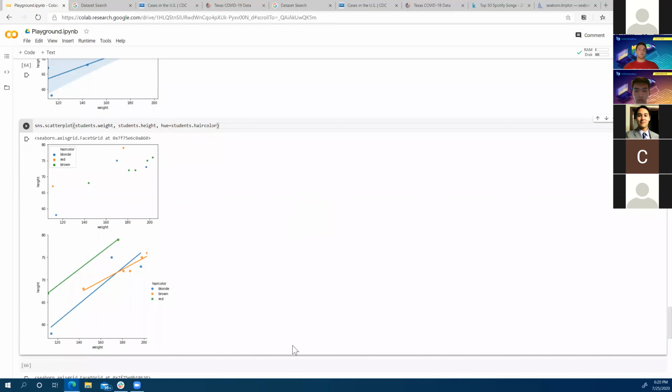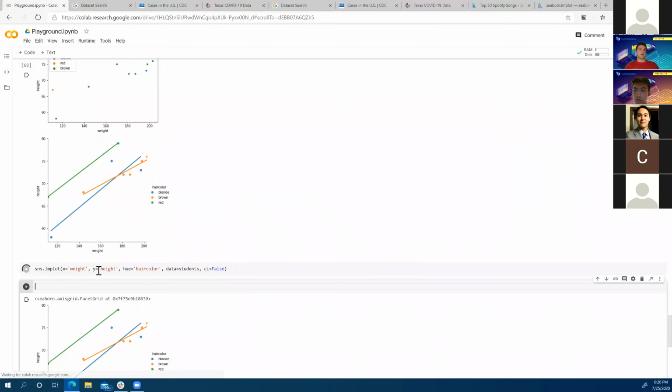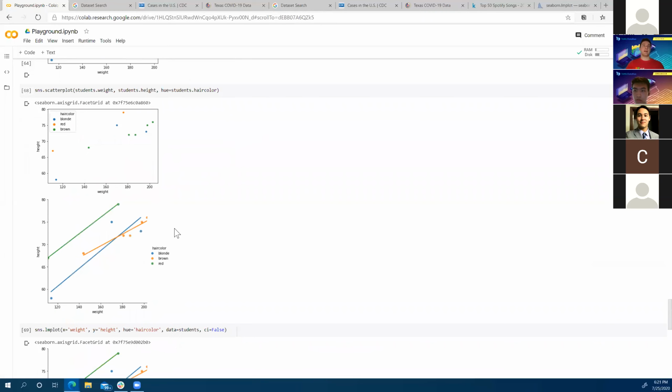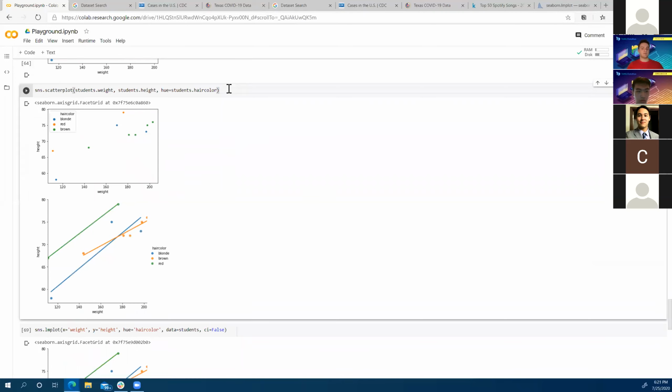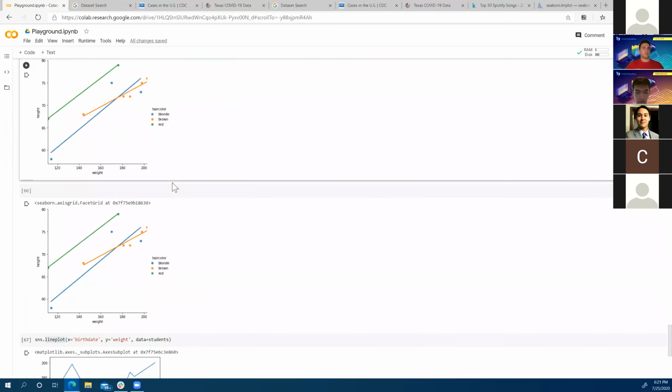But yeah, I don't know if there's a way to specify the colors so that you can force consistency, because I think that's a really good point. That is confusing, the difference between the orange points meaning red in this graph and the orange points meaning brown in this graph. That was a good catch, but I don't know how to fix that off the top of my head.